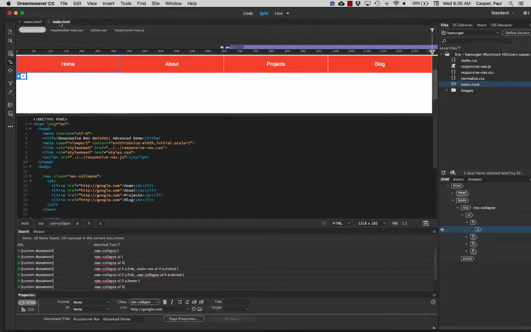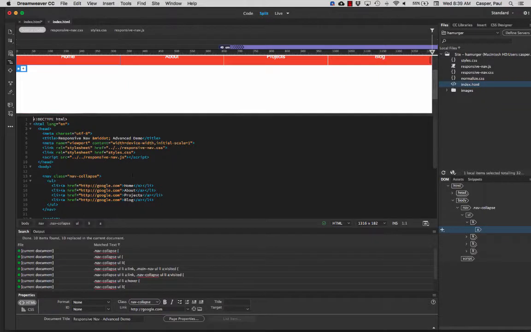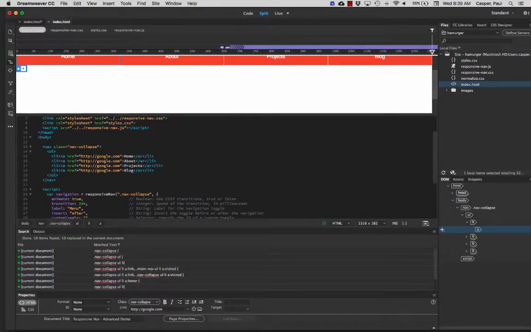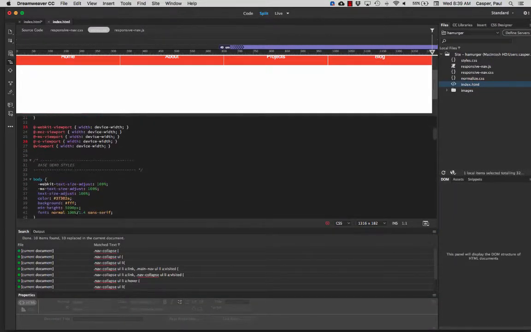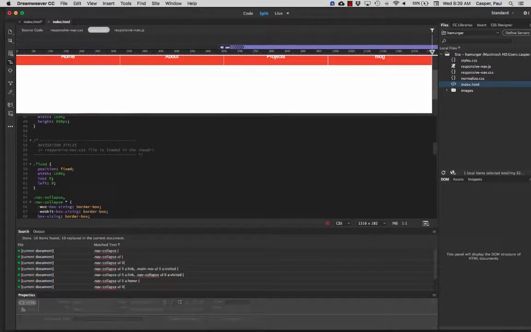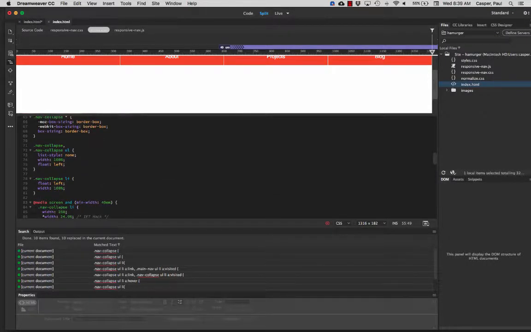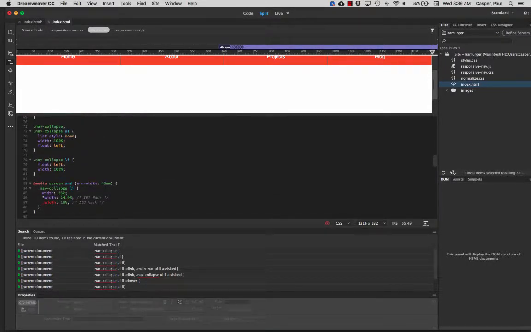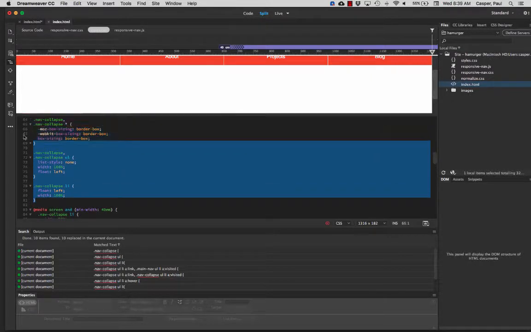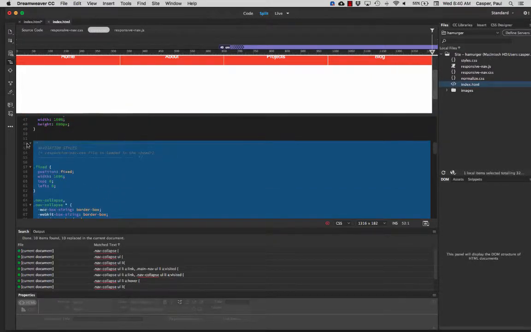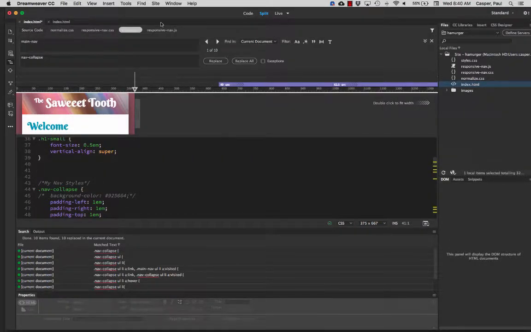So again, I went to the advanced demo and opened it up so I could get access to their code, and you can see how their stuff is working. But in their styles.css, if you scroll down a little bit, there's a big chunk here called navigation styles. And we're going to take the first 4 chunks out of here. So we're not going to take the media query. We're just going to take the first 4 chunks of their navigation code. And I'm going to keep the comment, and I'm going to copy that, and in my site CSS, I'm just going to paste